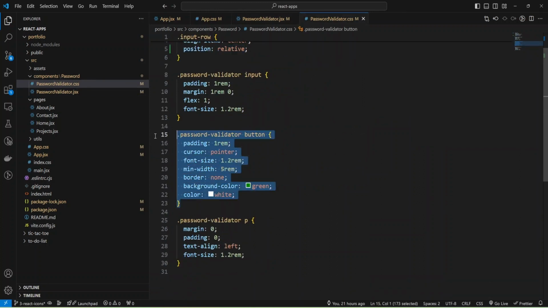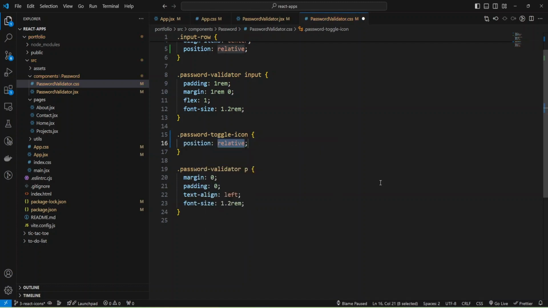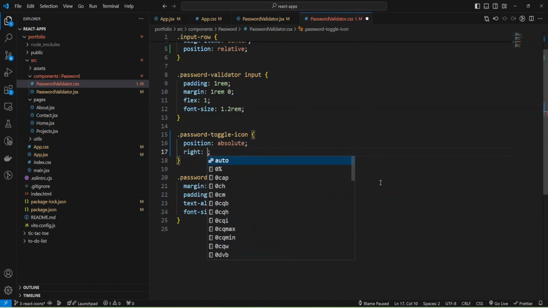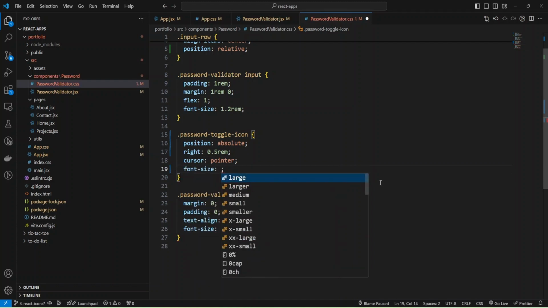Actually, we don't have styles for our button because we don't have button anymore, and I'm going to add styles to my password toggle icon, and position will be absolute, and I can add some right to 0.5 rem, and make cursor point and increase font size to 1.5 rem.